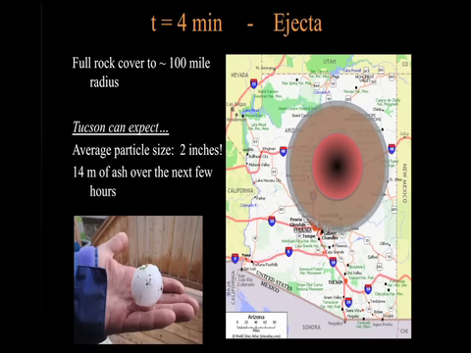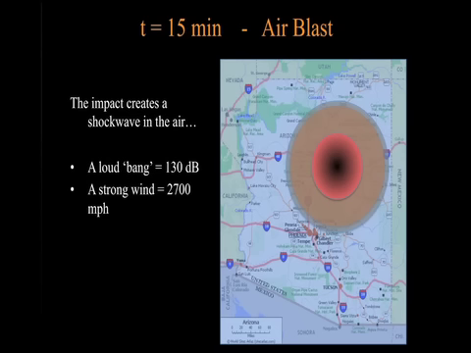The average particle size that's going to be raining down on us is 2 inches, so that's about the size of this hailstone. Now bear in mind that's an average size. You're going to get a lot more ash particles falling on you. Every now and again you're going to get a car-sized chunk come down. But the average is calculated to be about 2 inches at Tucson distance. So if you weren't killed by your house collapsing on you, and you're not buried 14 meters underground, and you are somehow walking around on the streets of Tucson, probably on fire,